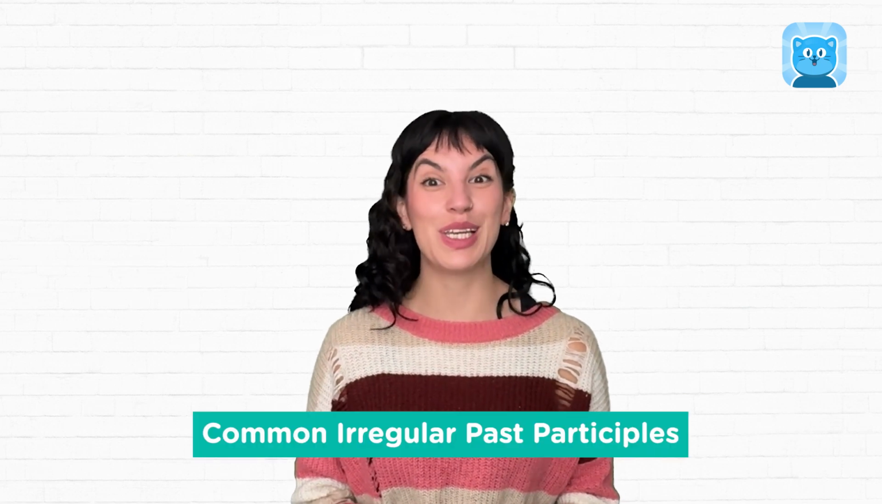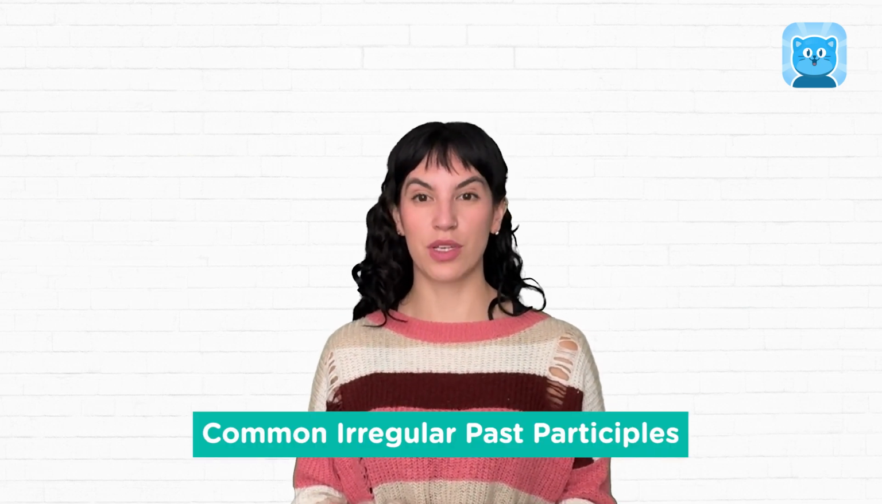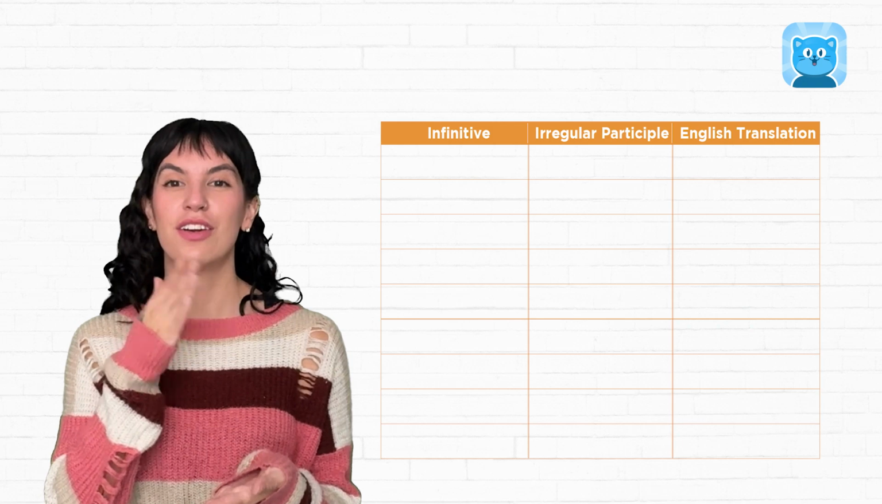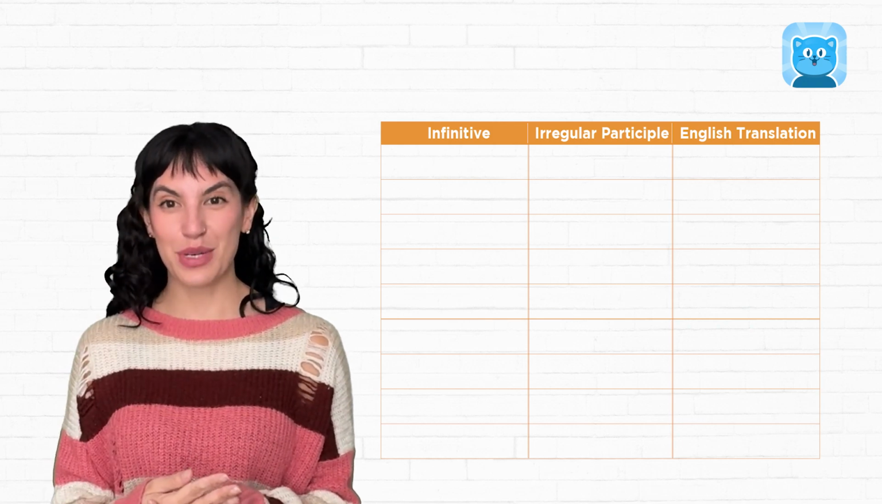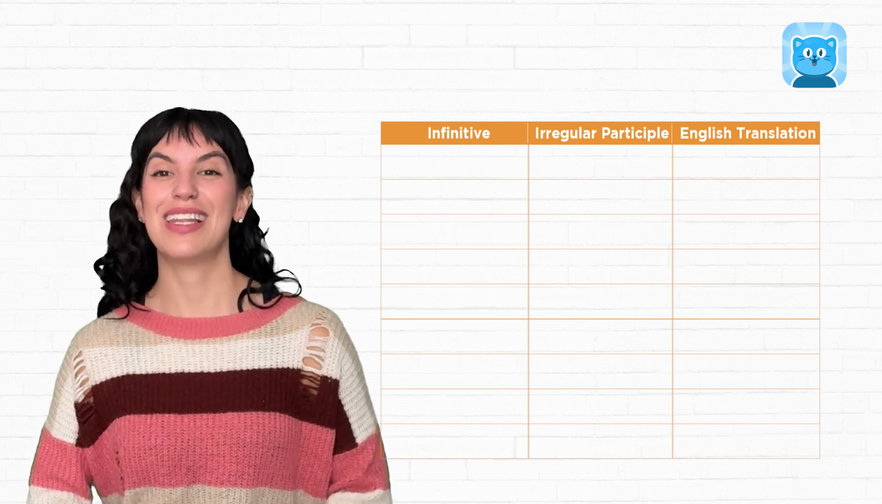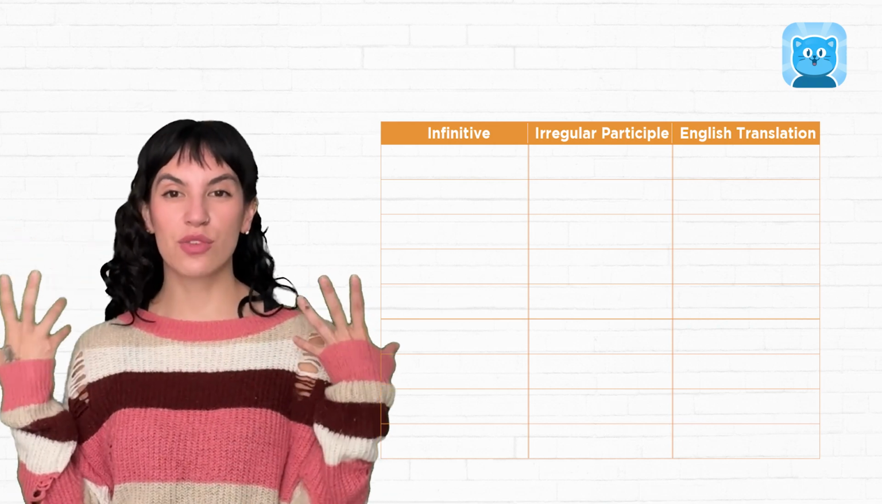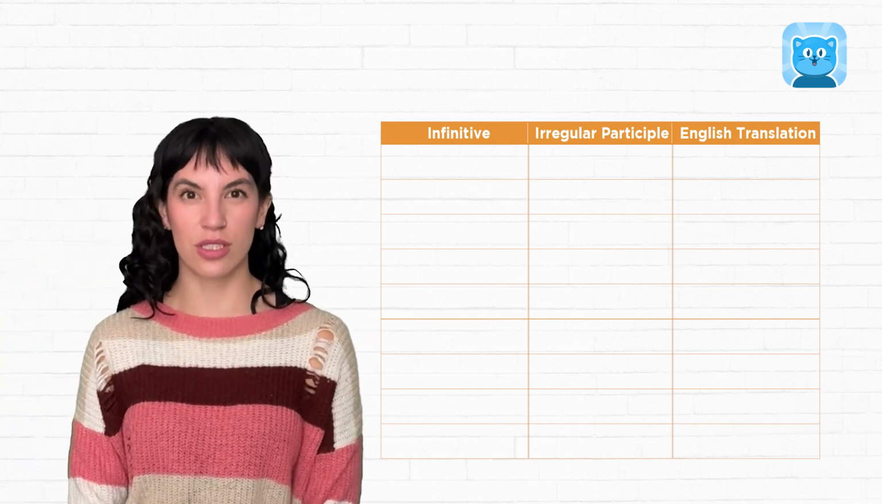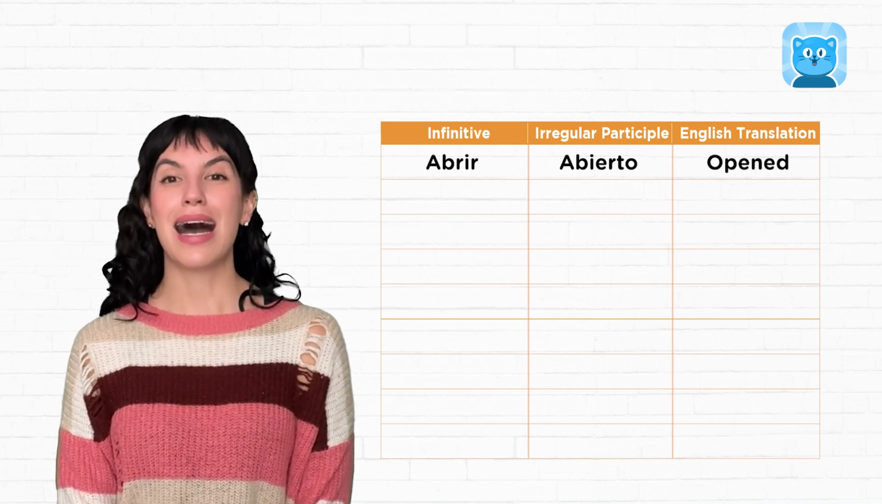I'm going to give you a list of some of the most commonly used irregular participles, okay? I'm going to give you an infinitive, then the irregular participle, and then the English translation, okay? So listen closely. Of course, you're going to have them on the screen, so you can take a screenshot as well. So let's see. Abrir,